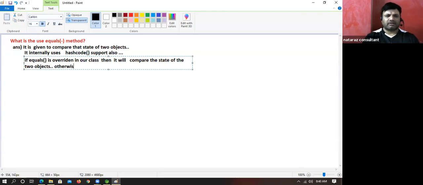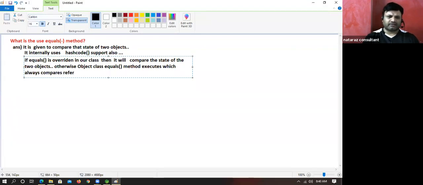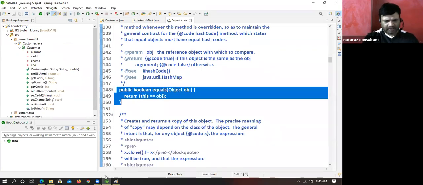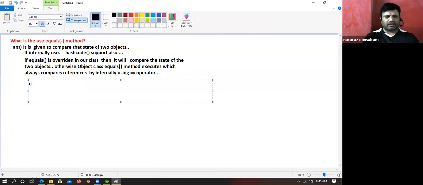Otherwise, the object class equals method executes, which always compares references by internally using the double equal to operator.